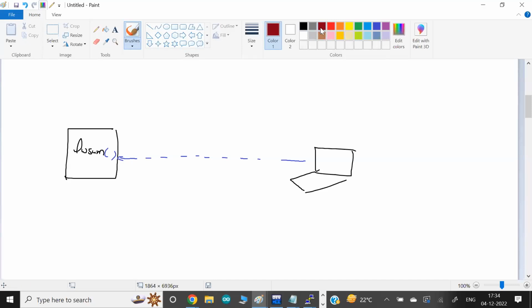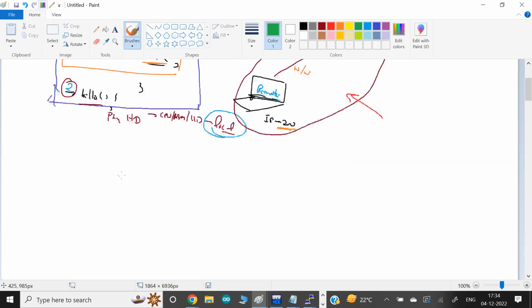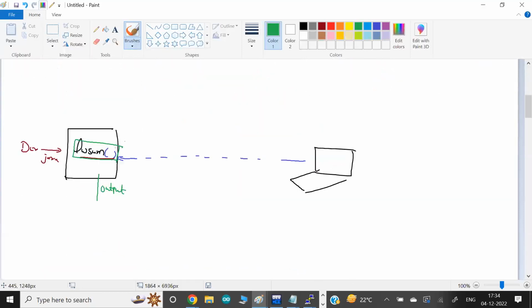But who created the function? Some developer, in whatever language it would be. In my case, let's say they created it in Java. So they decide what this function will do. When you run this function, they always return something. They always give some output. In my case, let's say 5 plus 2, so the output is 7.